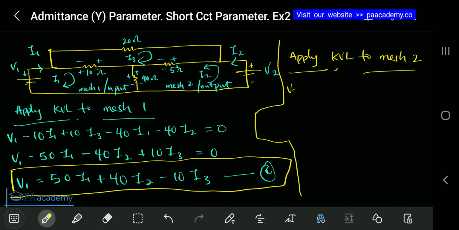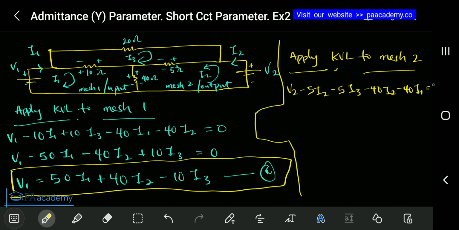We are going to be having V2, that's because from negative to positive. Then when we come here, which is the 5 ohm resistor, from positive to negative, that will be minus 5i2, also minus 5i3. Then for the 40 ohms, from positive to negative, so that will be minus 40i2 and also minus